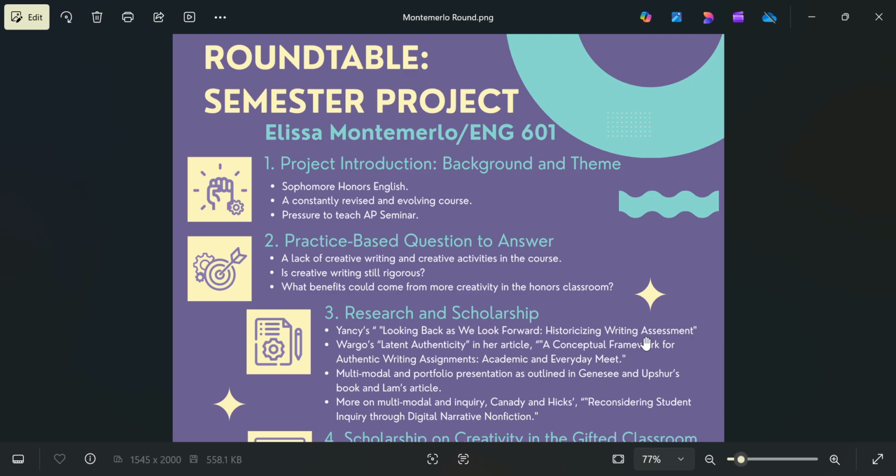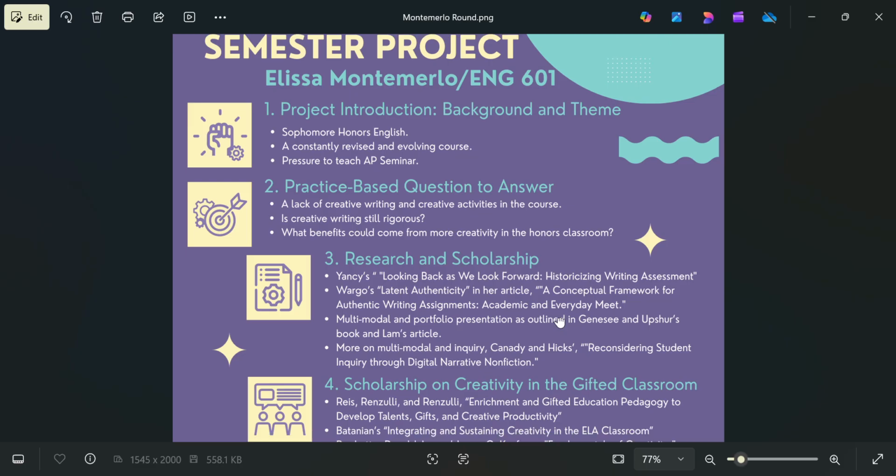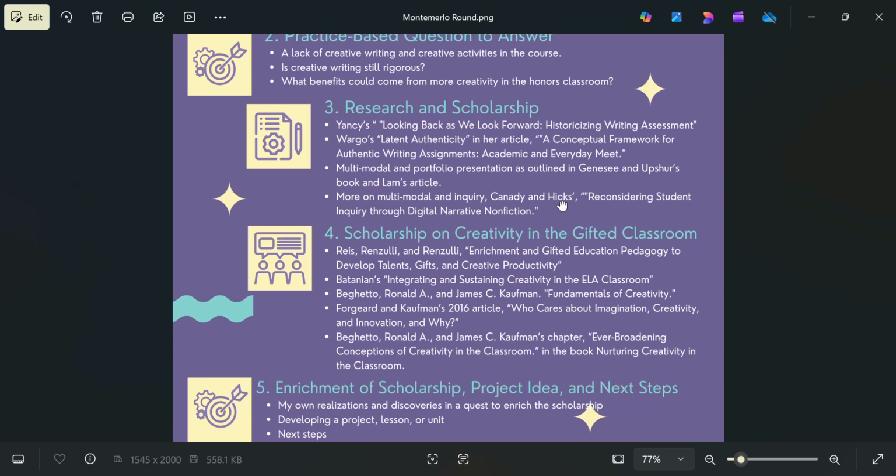This all seems a little familiar strange to me, but I want my students to use multiple modes, and I like how Kennedy and Hicks emphasize the idea of inquiry, which I want to be really at the heart of any creative assignment I give my students. Now let's go on to what I researched this week.